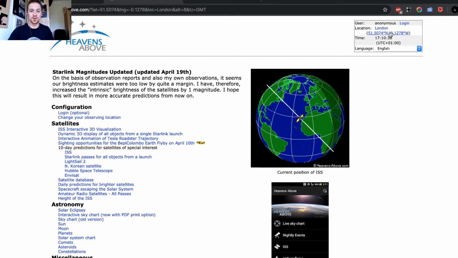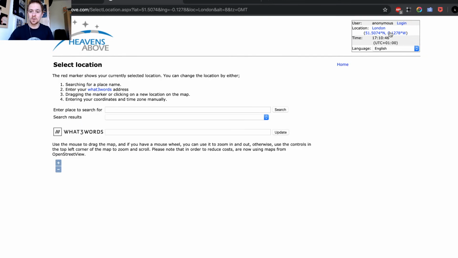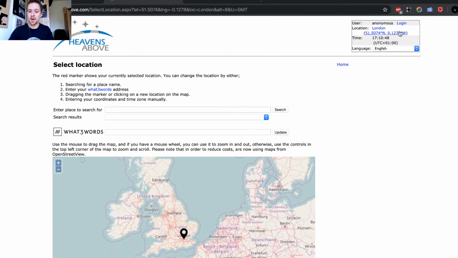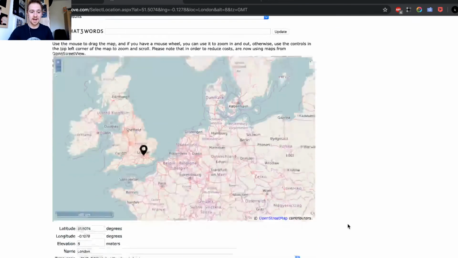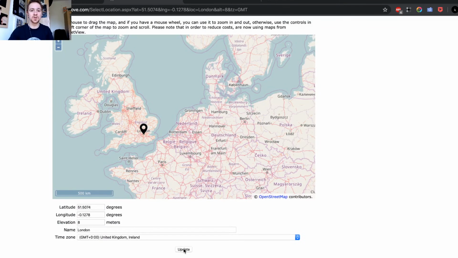Welcome everybody who's new. I'm just explaining the easiest way to find any kind of prediction for the International Space Station. So once you click on this blue area, you just choose your location wherever you happen to be. And once you've finished that, you just click on the bottom update.